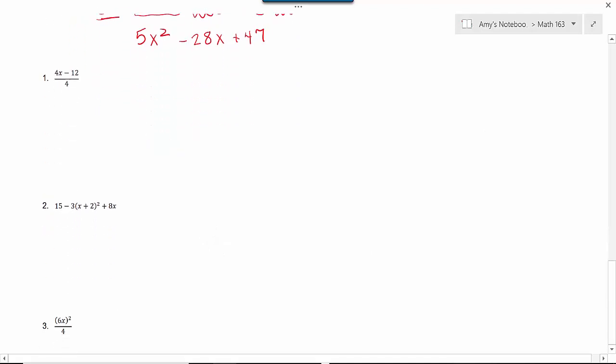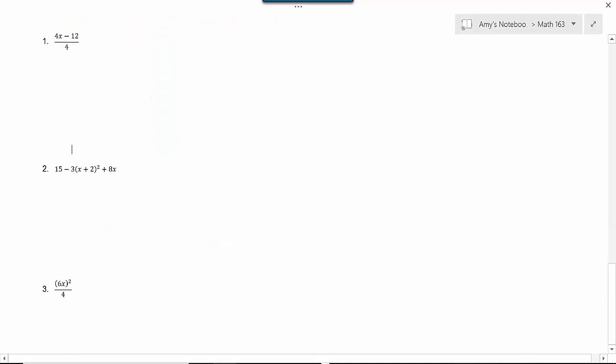So here we have 4x minus 12 divided by 4, so you're dividing 4 into each term. 4 divided by 4 is 1. Some people will say it cancels each other out. It does not eliminate that. You need to understand that 4 divided by 4 is actually equal to 1. So that leaves us with x, and then 12 divided by 4 is